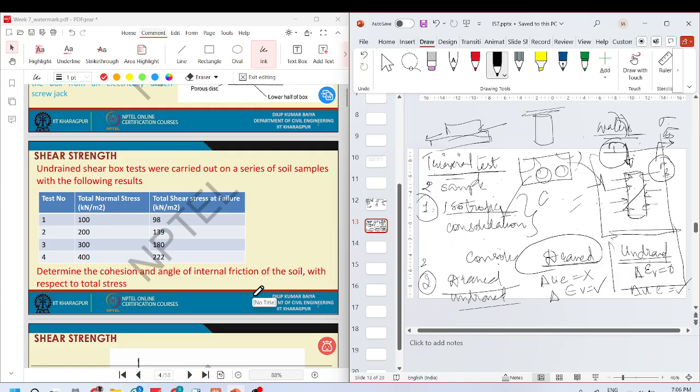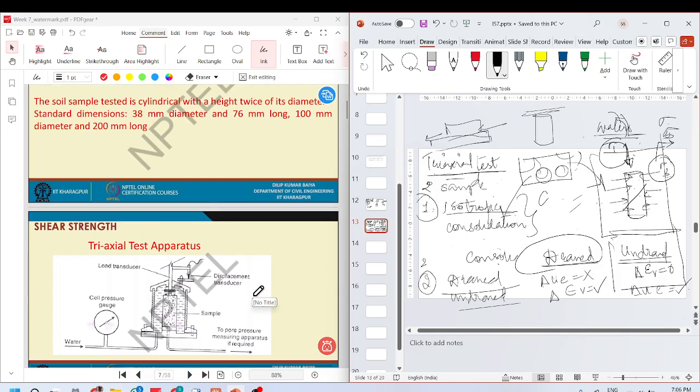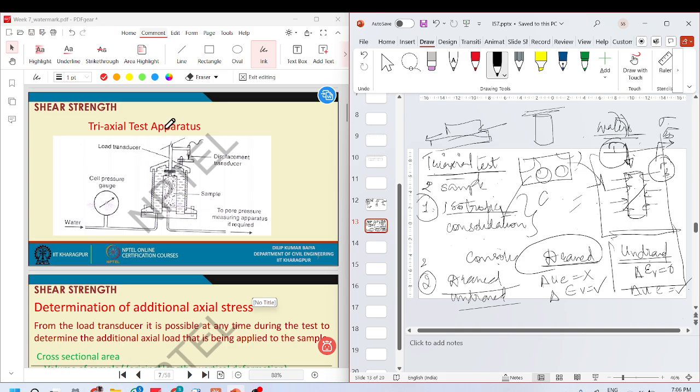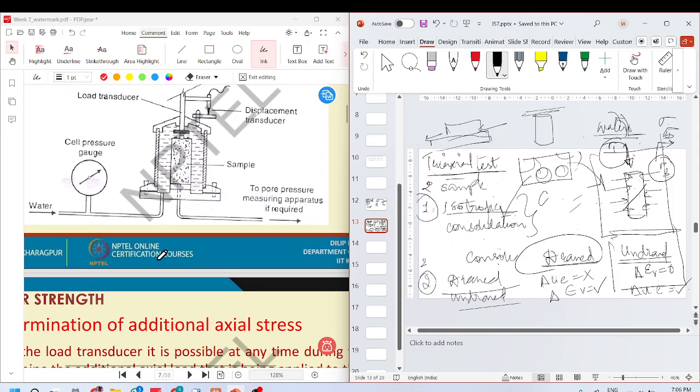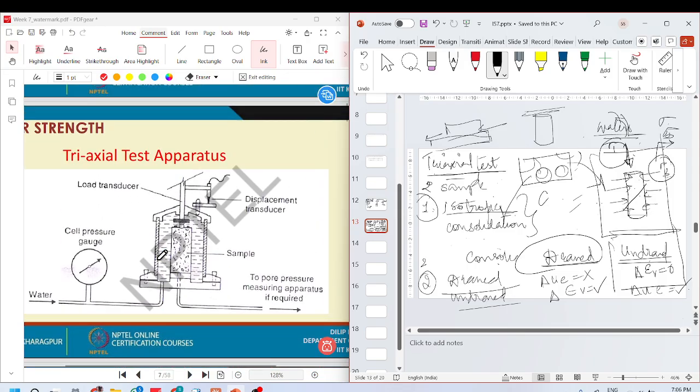So an undrained shear box test was carried out. This is the triaxial testing apparatus. If you look at it, this is the inner sample and we confine it within the outer cylinder, fill it with water at a pressure which is called the cell pressure. Cell pressure forms the third